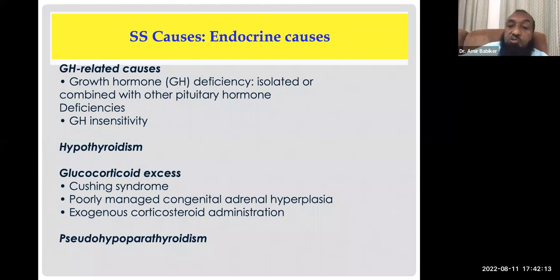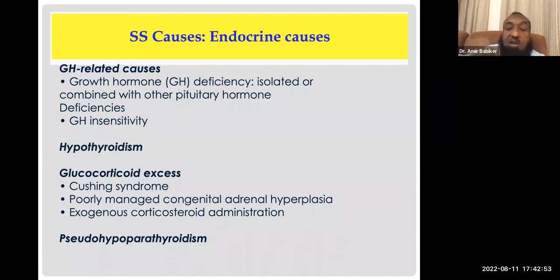Glucocorticoid excess is Cushing syndrome. In fact, Cushing syndrome results in short stature by early fusion of the growth plates. These children usually have advanced bone age to start with, between maybe 6 or 7, depending on when it appears, until 10, and the child may be taller than his mates. But this child will have closure of the growth plate earlier than the others, so he ends up short. So with glucocorticoid excess, Cushing syndrome, the child can look taller than the others at a certain age, but the net result is that the child is short.